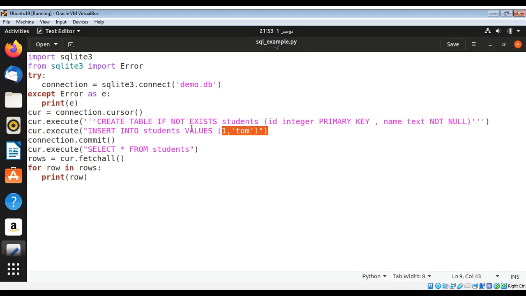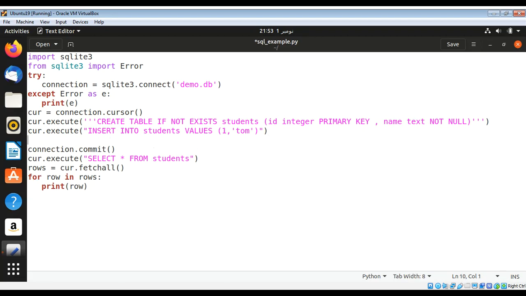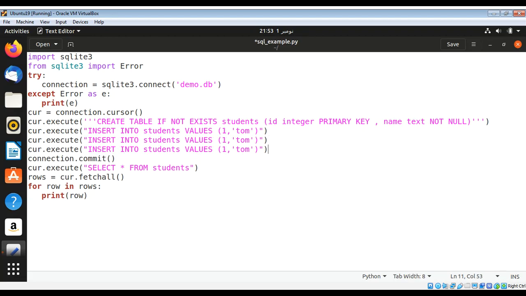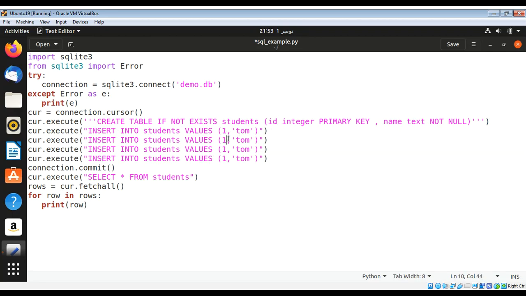Let me insert more values into our table. I'm just going to copy this one and change over here to Peter. ID will be 2 and name Peter, and 3 John, and ID will be 4 and name will be Mike. Save it,